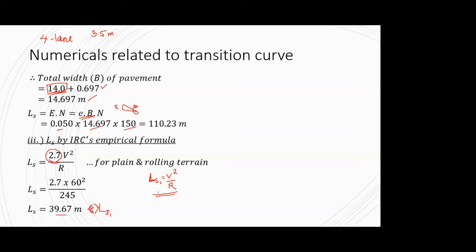If we go by the assumption that we have to apply both the formulas, but it's a competitive exam, so the time consideration is there. To finish the numerical as quickly as possible, apply some logic: by applying this formula, my value of LS comes out to be 39.67. Then obviously if I apply this other formula, my value of LS, that is the transition curve length, is going to be less than this value. And anyways, we adopt the highest amongst the three, so there is no need in really calculating this value.